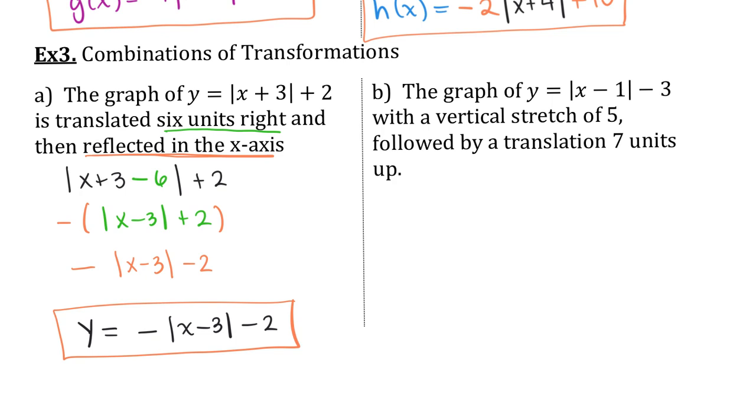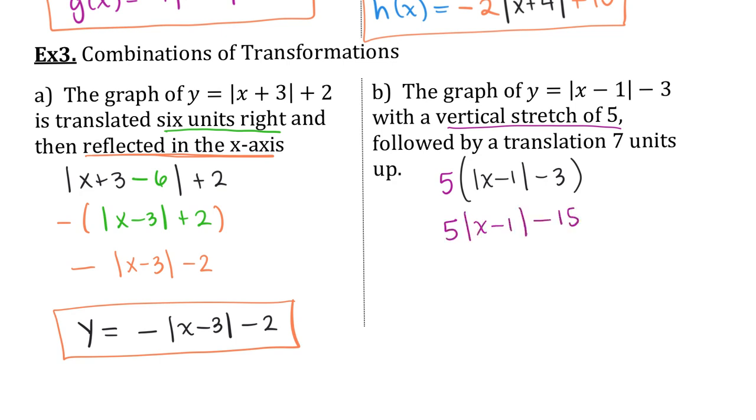Okay, let's try another one like that. The graph of y equals the absolute value of x minus 1, minus 3. This thing's already transformed, which means it's going to be a little bit of a mess. So first they want me to stretch it by 5. So let's multiply it by 5. 5 times x minus 1 minus 3. What does that give me? That gives me 5